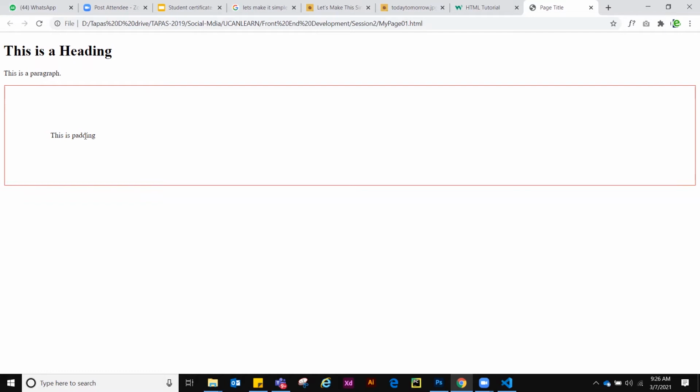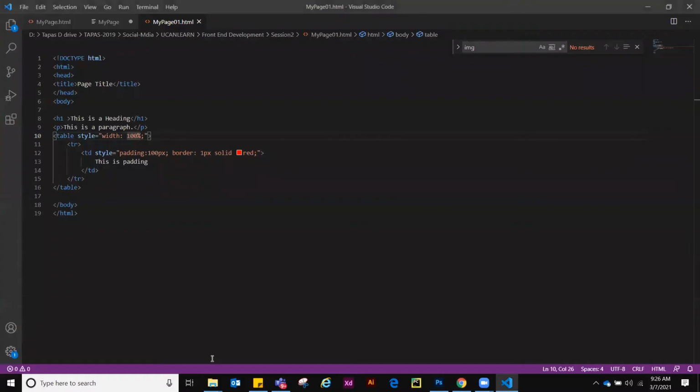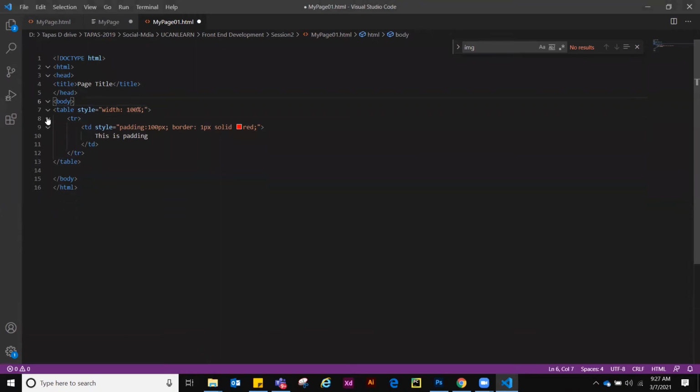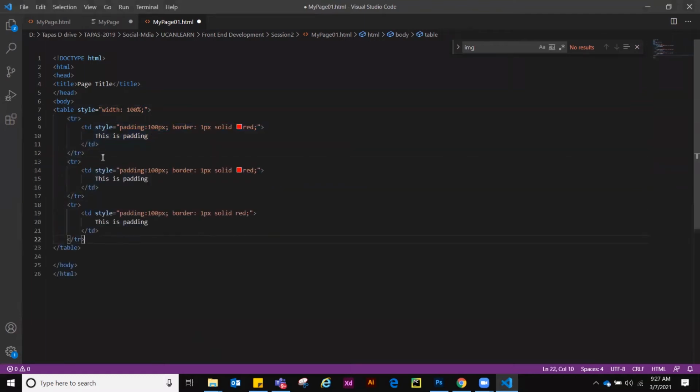Okay, so suppose now I am creating a simple page in front of you. Can you tell me how I can create a very simple page? Inside that page there will be 3 sections: one is the heading section, one is the body section, and one is the footer section. Very simple. See, you have to do nothing, just delete it. Okay, now copy it twice. Why? Because we need 3